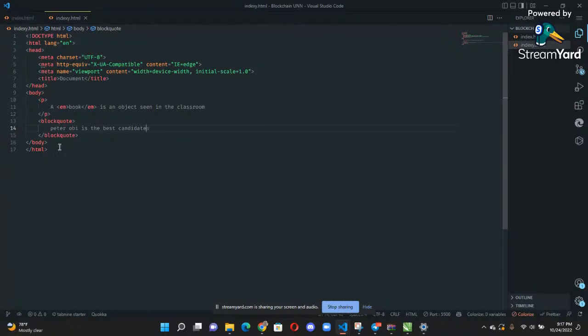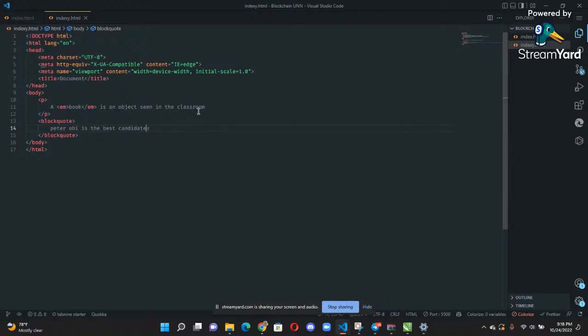is reading out this sentence for a blind man, it will try to tell the blind man that this particular sentence or this particular line is a quotation. It won't read it like other sentences or other letters in a paragraph element. It will lay emphasis and say that this particular line is a quote, so the blind man can understand. And as you guys already know, the reason for using these elements is so that other programs such as screen readers or search engines can use this extra information.